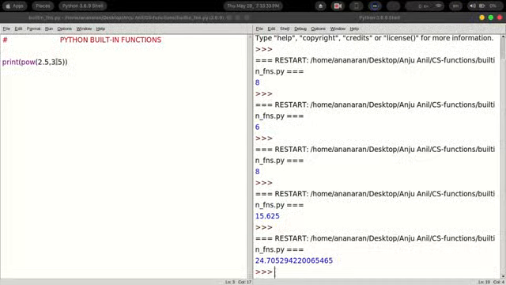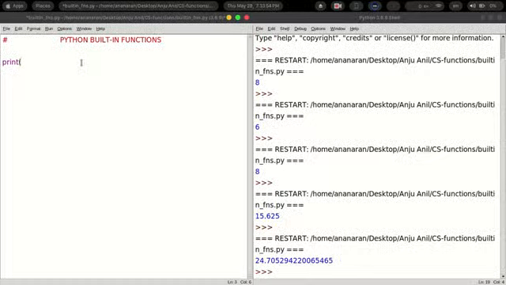The next function that we will see here is our str function. Now this str function converts a number to a string.